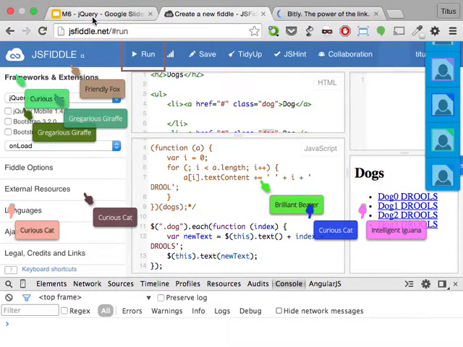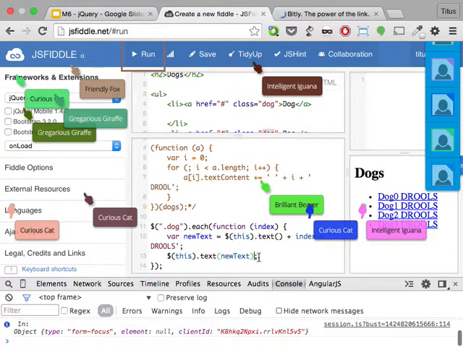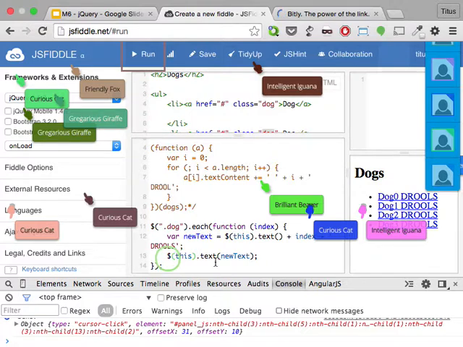On the last line is the text, not text of function or method, of jQuery? So the question was, is this line right here a function of jQuery? And the answer is yes. So when we say this, jQuery is exposing to us a bunch of functions and helper methods that we can use. .text internally is using like innerHTML or textContent so it's basically saying